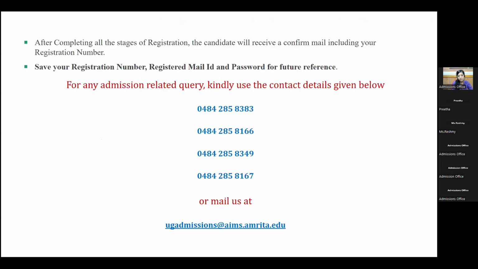And after completing all the stages of registration, the candidate will receive a confirmation mail from Amrita Vishwa Vidyapeetham with your registration number. You have to save your registration number, registered email ID, and password for future reference. Also, for any admission related query, you can contact the numbers displayed on the screen right now or send us a mail to